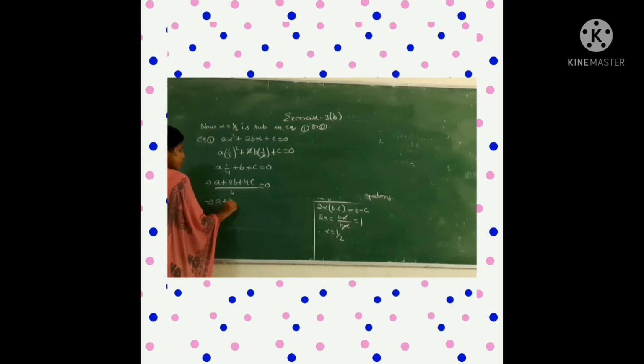a plus 4b plus 4c is equal to 0. This is only what we are showing there. Okay. Okay, next one is